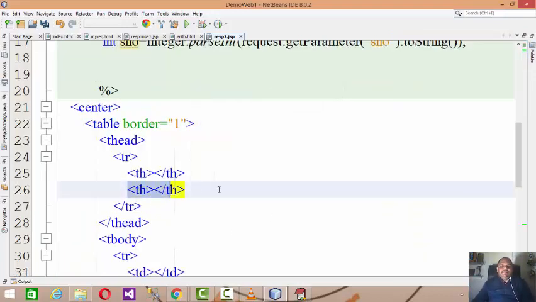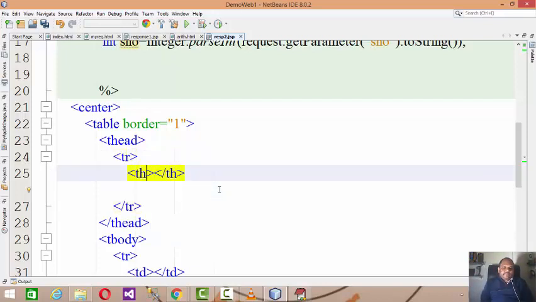We need to understand one point: table and center are for alignment reasons. You cannot align the data properly on the web without using table and center and all that, right? Okay, now here colspan equals 2. Okay, Arithmetic Application